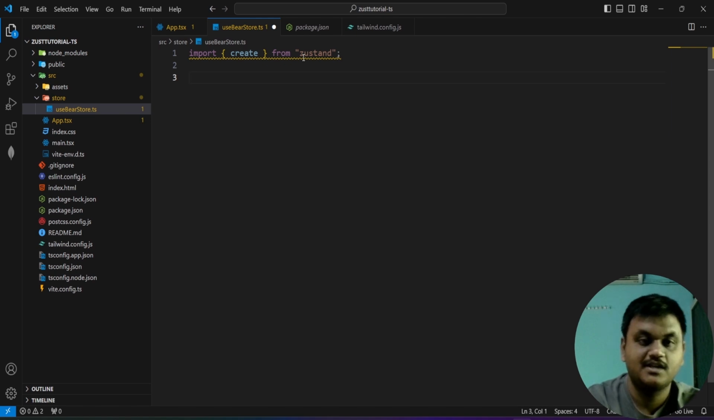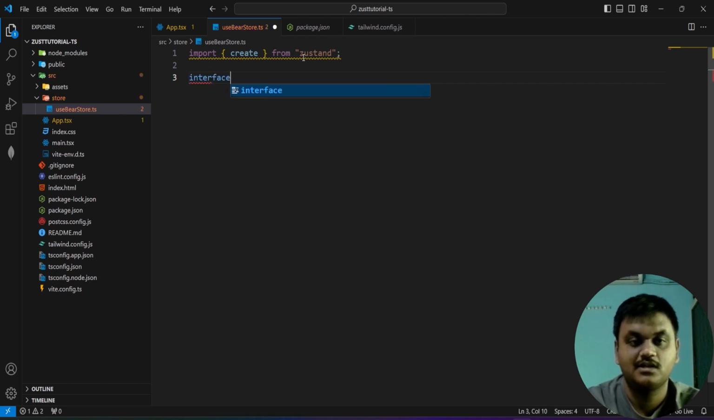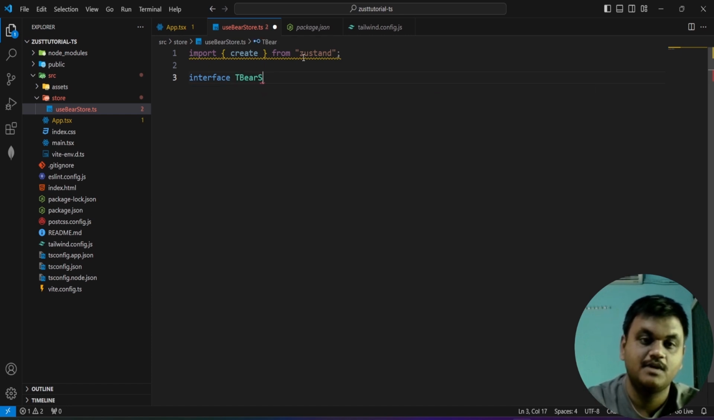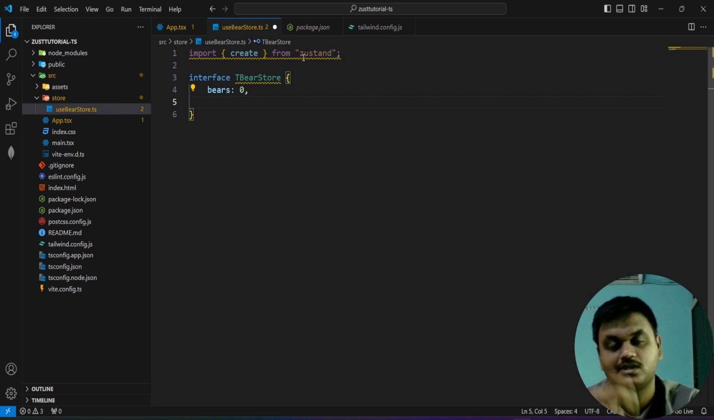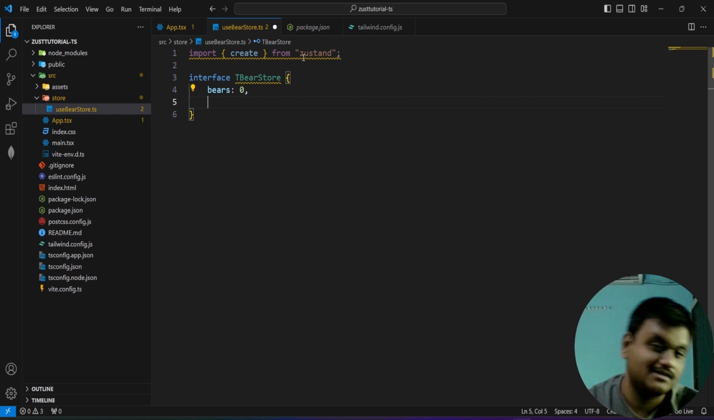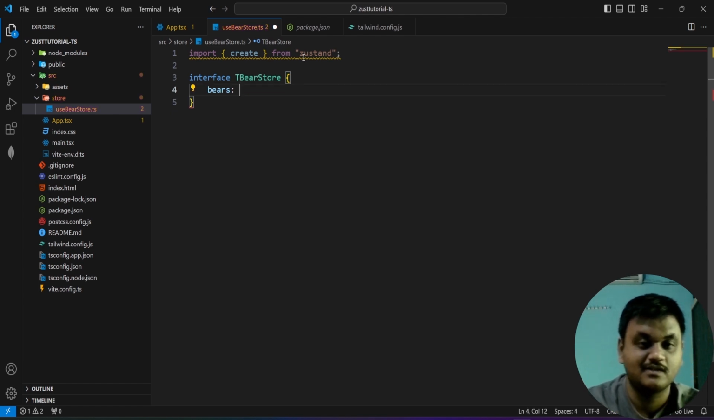and create the interface or type. Instead of a type, I'm going to create an interface, TBearStore. In this, I'm going to create some properties and behaviors. For this, the first one is like a counter application, with add counter and decrease counter. Actually, this is the interface. Here we are going to mention the types only. bears: number,